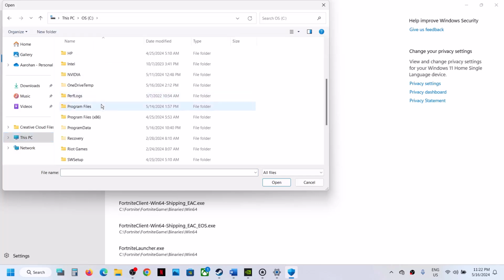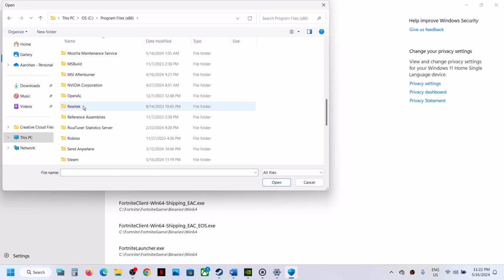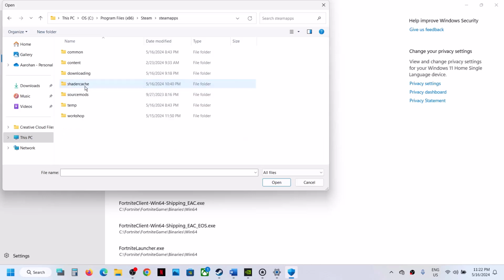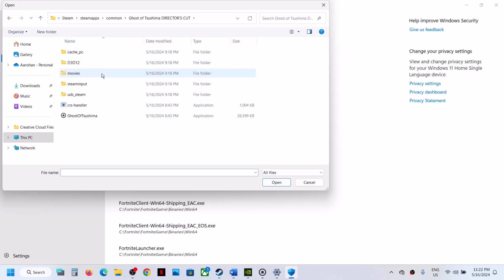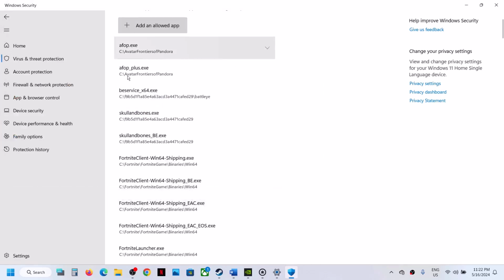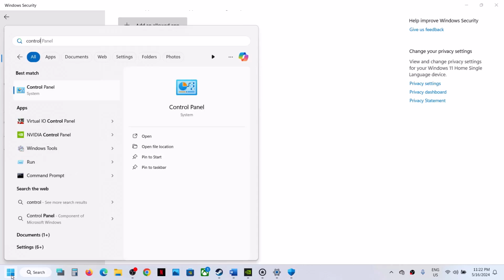Now open program files x86. Now open the Steam folder and then open the steamapps folder. Now open the common folder. Now open the game folder. Select the game exe file and then click on open. Once the game is added over here, now type in control panel in Windows search box and then click on